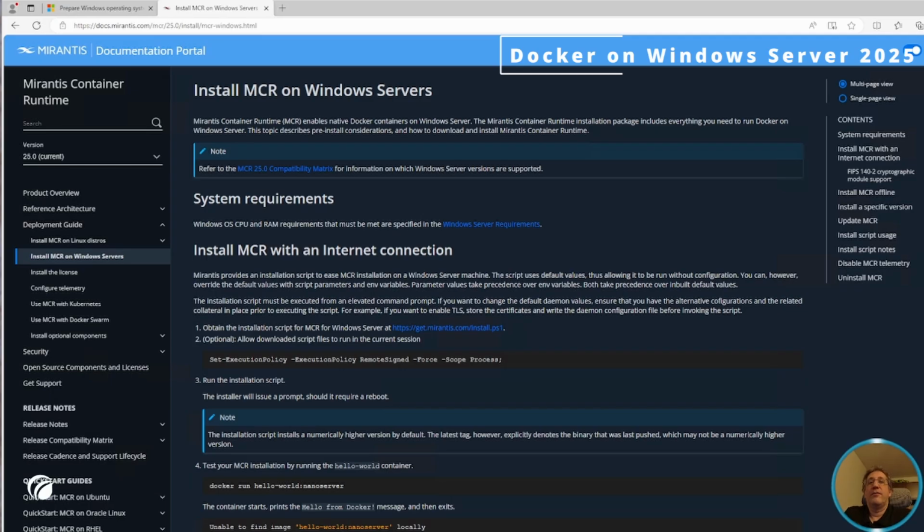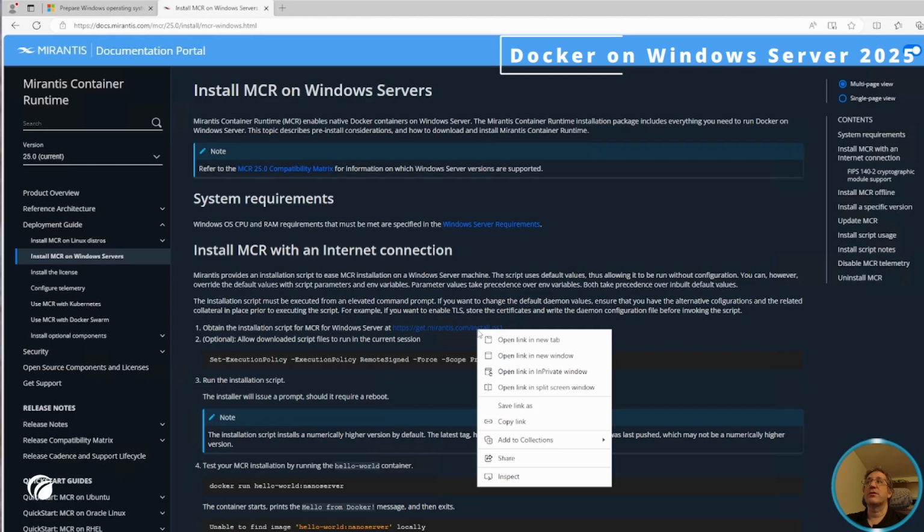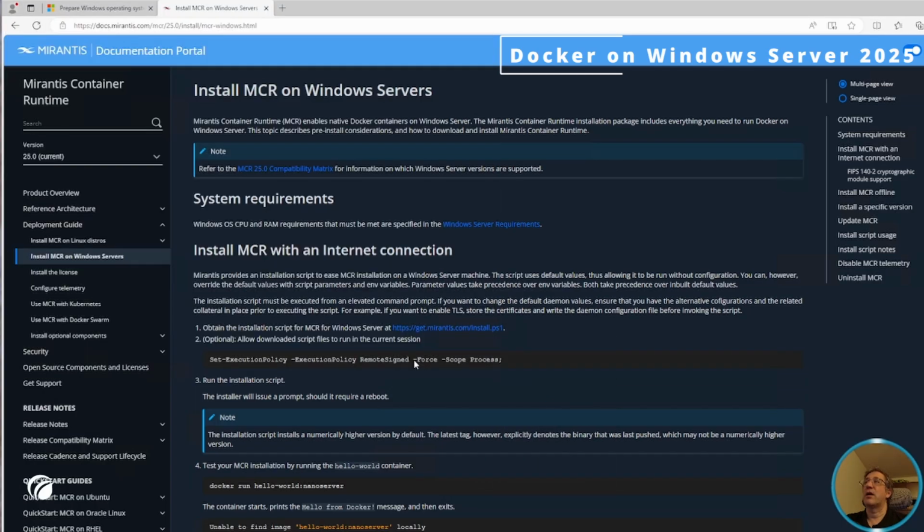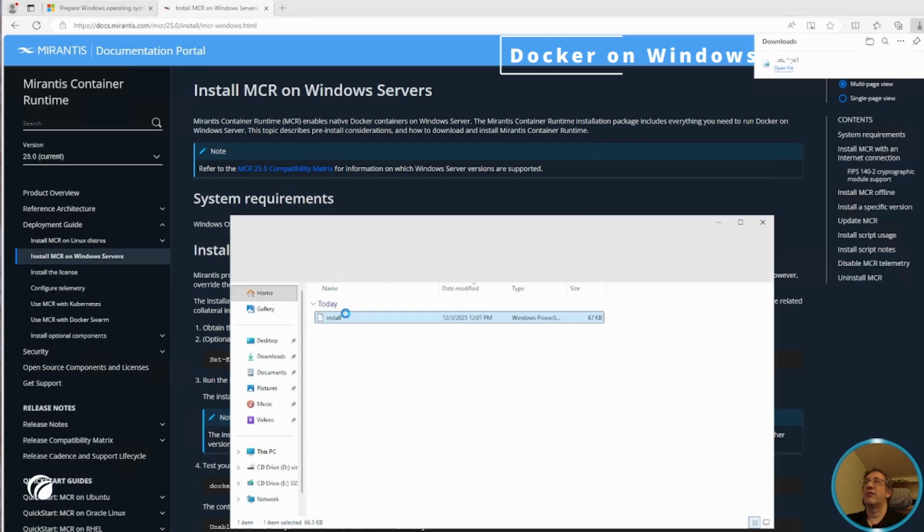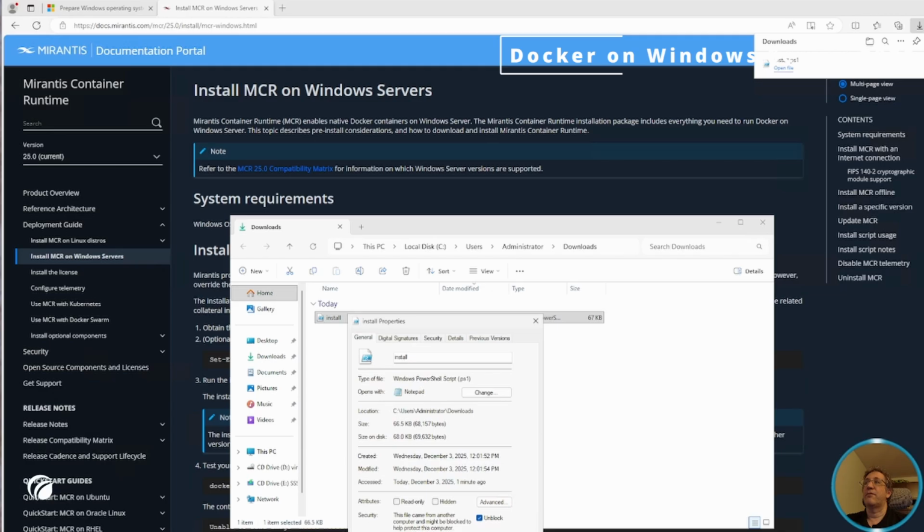it up. Well, for demo purposes, after searching around a little bit, I did find docs.mirantis.com, where I did find a Mirantis MCR version 20.10 with an install script. And so now I'm going to try that. First, there's a get-mirantis-install.ps1, and we'll simply download that. We'll click on the save as link, and I'll save it to my downloads directory. And now that it's downloaded, I'll go to the properties of this file and unblock it,